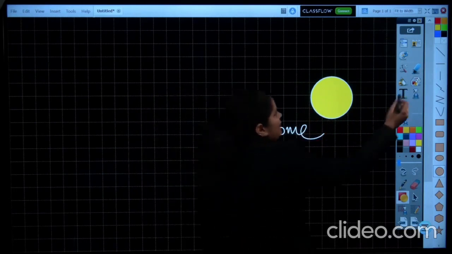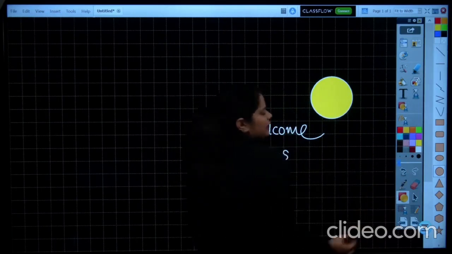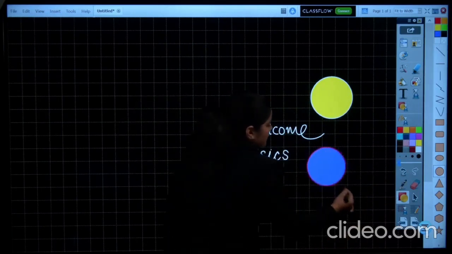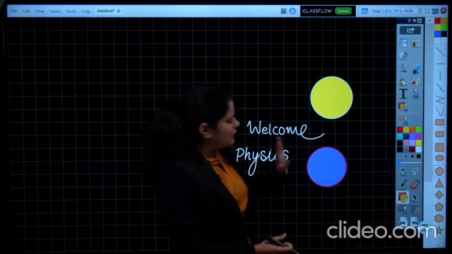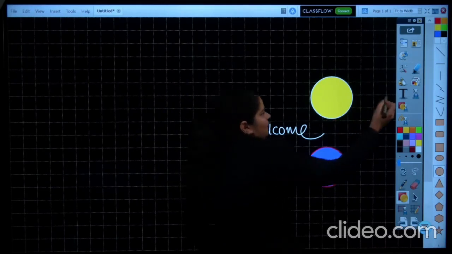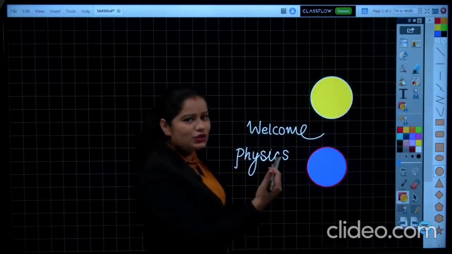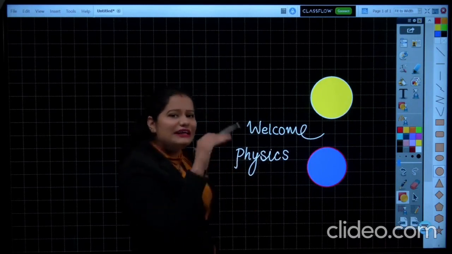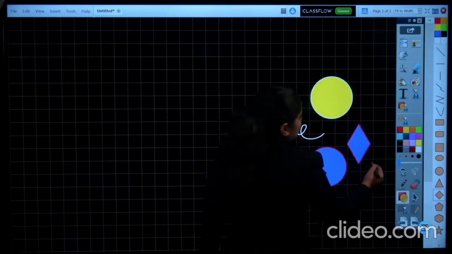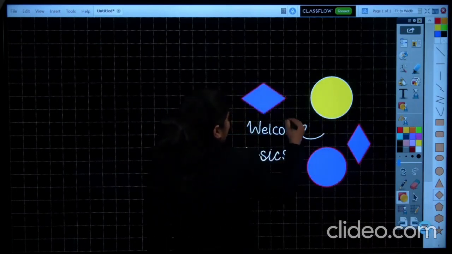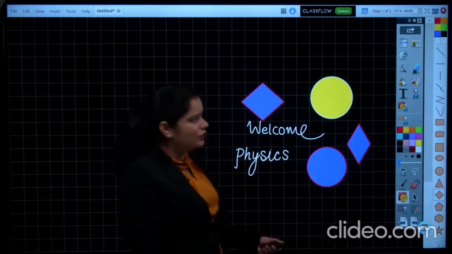You can change the inner color to, let us suppose, blue. You want the outer color to be red. So now you will draw the circle. The outer color will be red and the inner color is blue. So the color palette that is shown to you inside the toolbox is for the inner fill. Simply you can change the shape. Let me just take this. You can choose any shape that you want.